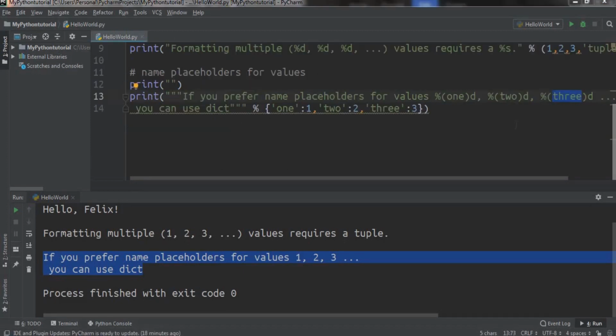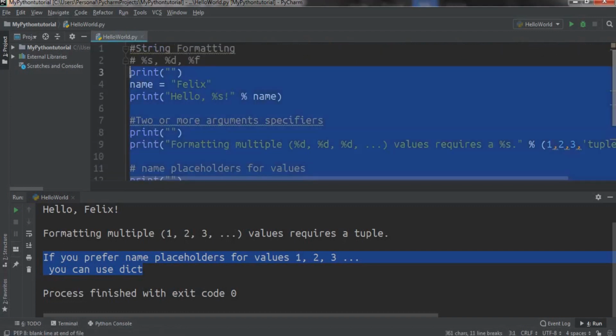Another technique to cover is the string format method. This was intended to be a replacement for the modulo style shown previously. This technique uses the curly bracket designator to specify where and how to format a value into a string. Just for example,